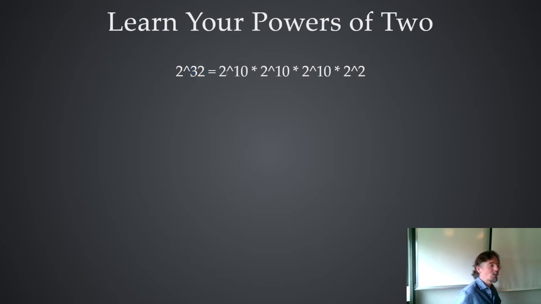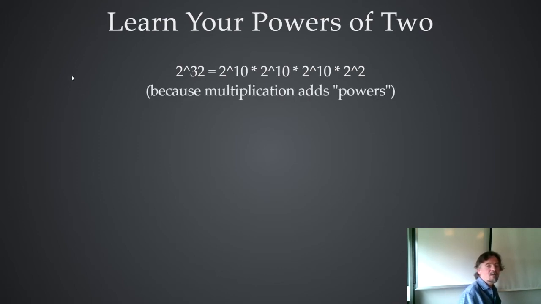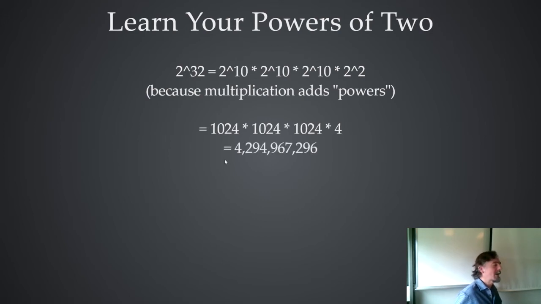Now, if you just happen to remember what 2 to the 10 is, and what is it? 1024, right? If you remember that's about 1,000, and you know that 2 to the 2 is 4, which is not terribly hard to work out, you can look at this and say, right, that's 1,000 times 1,000 times 1,000 times 4, or you can do 1024 if you want to be exact, and the end result of that is 4 billion and a bit. I would normally look at this and just say 1,000, 1,000, 1,000, 1,000, million, billion, 4 billion. And that's how you know that 2 to the power 32 is 4 billion, if anyone asks you. And it does come up occasionally, because if you're working on a 32-bit app, how much memory can you address? 4 billion bytes, 4 gig, and you can't have more than that if you've got a 32-bit address.